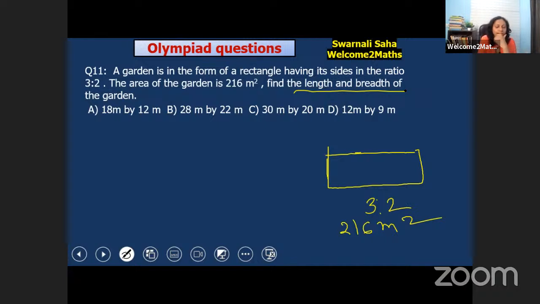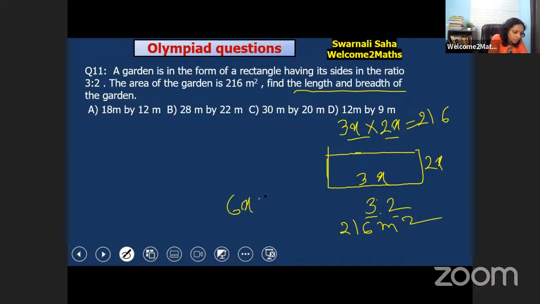You see, it's 3 into 2. 3:2 means one side is 3x and another would be 2x. And 3x into 2x is equal to 216 because the area is given here. So 6x square is equal to 216. That means x into x. 6x square is equal to 216. So x square would be